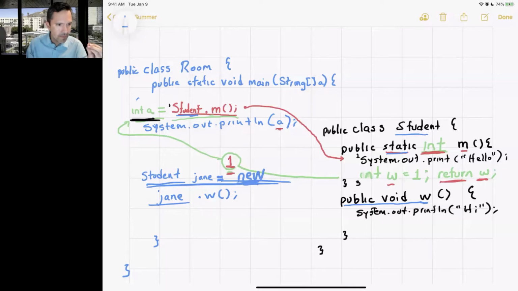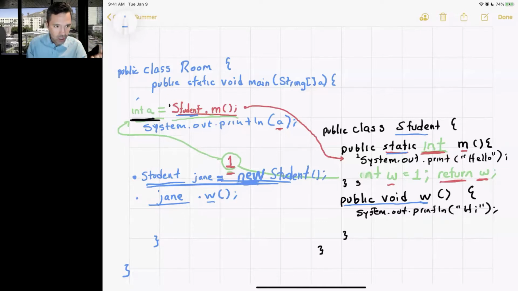Always, always, always. If you are creating an object, the keyword to do that is new. And if you remember, you need to tell the computer that you are sure that you want a student. So yes, Jane is student Jane, the type is Student, and then you make it equal to new what? Student. Parenthesis, semicolon. The first line creates a new object, a new instance, and then you use that one